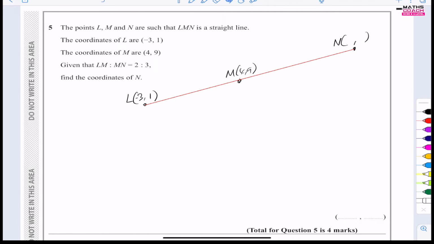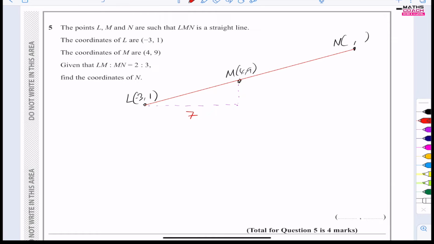We have a straight line now. What we are told is the distance between LM and MN is in the ratio 2 to 3. So what that means is if I were to draw a triangle underneath, from here to here, as we know currently, it's gone from -3 to 4 for the x. So if it's gone from -3 to 4 on the x, that means it is a total of